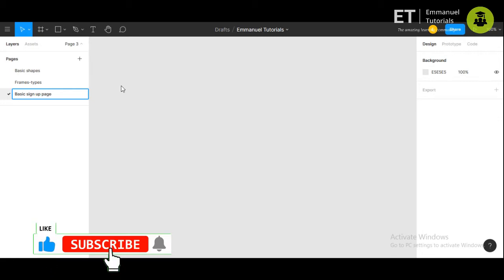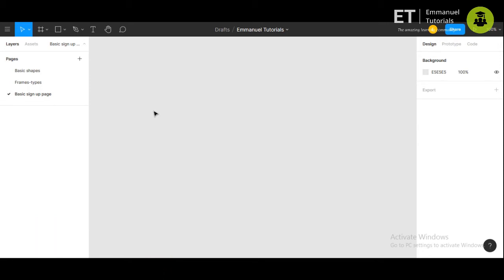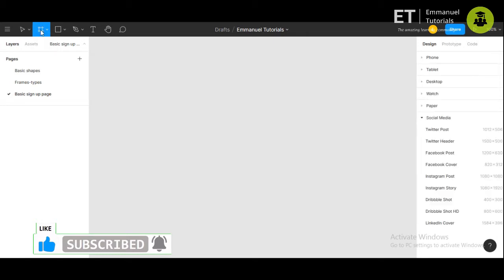So before designing, we must know for which kind of phone we want to design this. Also we must think about what are the components which we need on the screen. So first let's take the frame for the mobile app. In the previous video we had seen how to select the kinds of frames which we require.